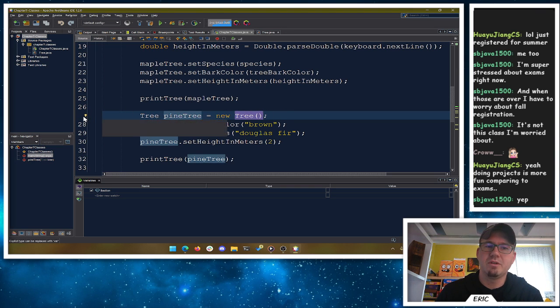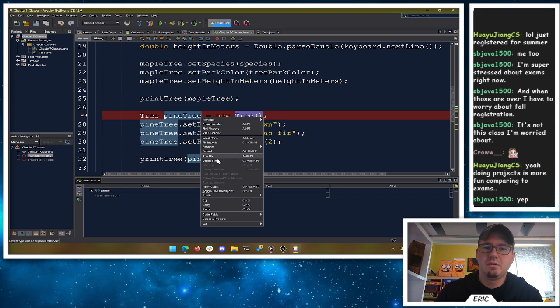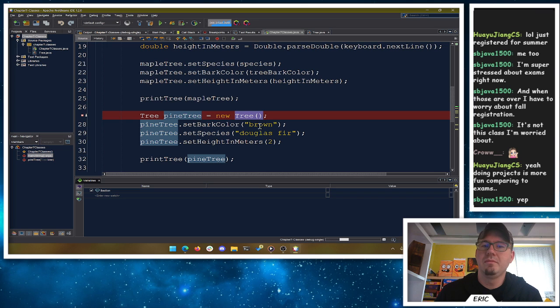If we put this in debug mode and debug our program, let's see if we can find out what's happening at this line.